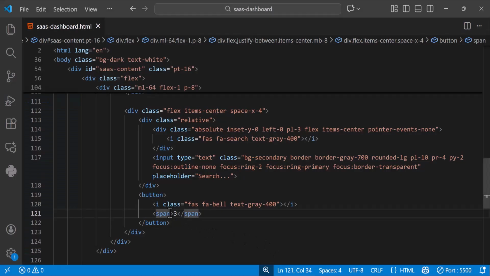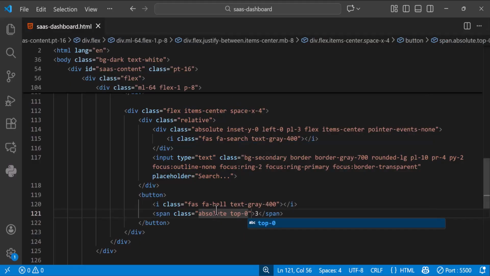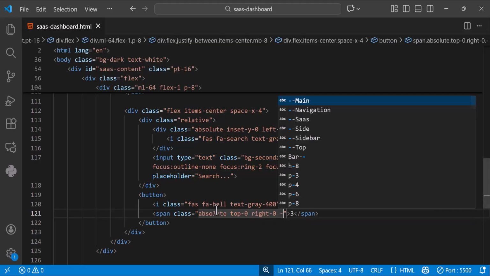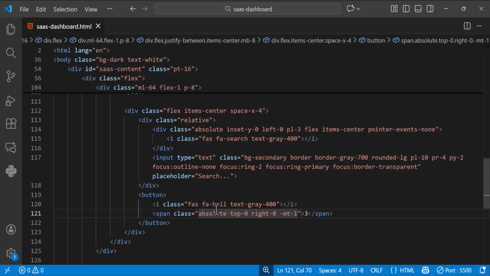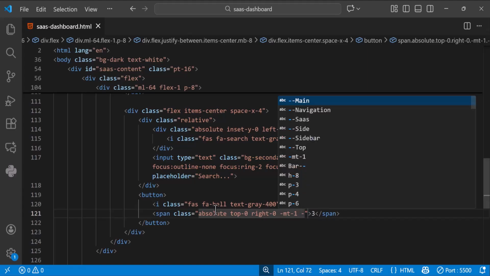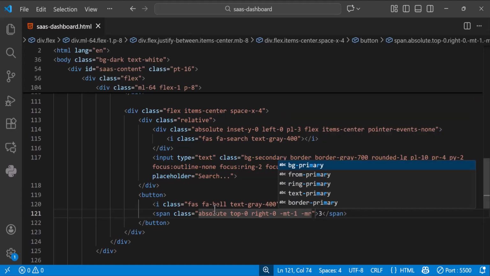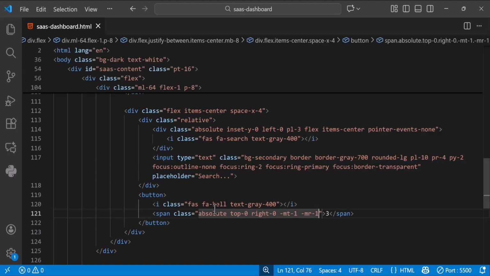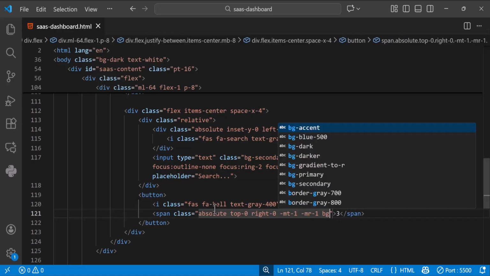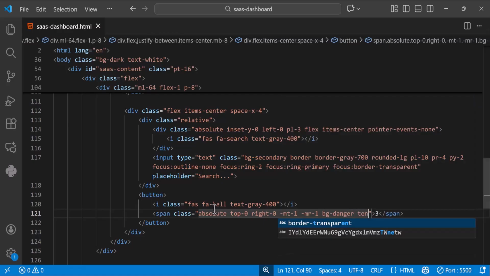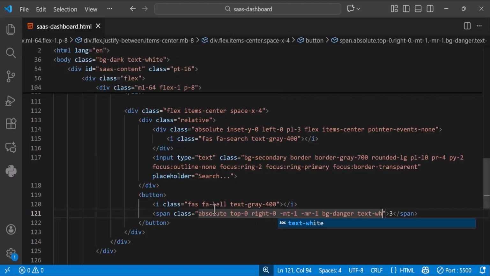So let's style the span. Let's give it a class, and you can say absolute. After absolute, we're going to say top dash 0, and then right dash 0, and then negative margin top 1, which is negative mt dash 1, and then negative mr, which stands for negative margin right, we're going to give it again 1, and then we can say bg dash danger, and then text dash white,